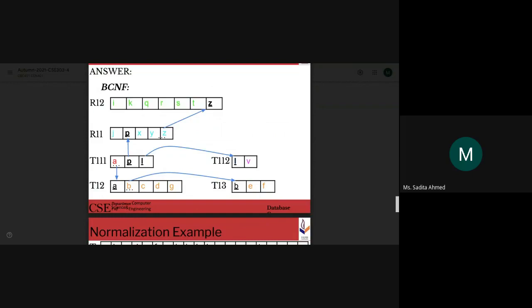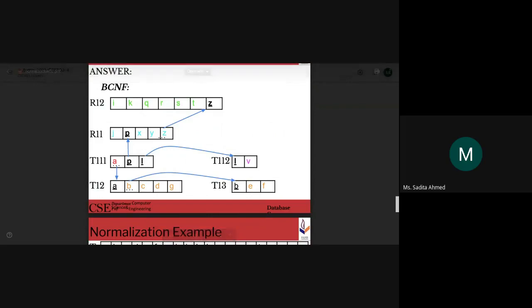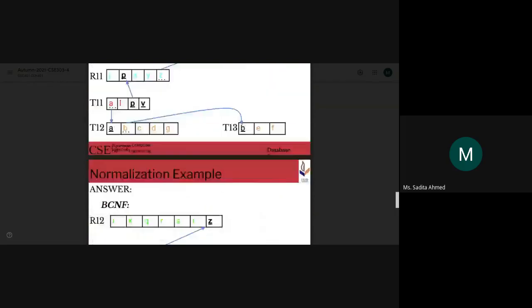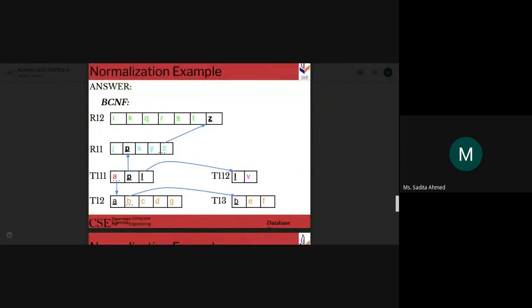আলাদা করে দিলাম। এদের কারণে প্রবলেম হচ্ছে, ওদেরকে আলাদা করে দিলাম। আর অরিজিনাল রিলেশনে L এর একটা কপি রেখে দিব। Since L is the stronger candidate, since L is the primary key in T112, অরিজিনাল রিলেশনেও L এর কপি রাখবো। Not V, L এর কপি রাখবো। L এর কপি রেখে দিয়ে we make PL the primary key. See here, originally PV was the primary key, ওটাকে চেঞ্জ করে PL কে primary key বানিয়ে দিয়েছি।